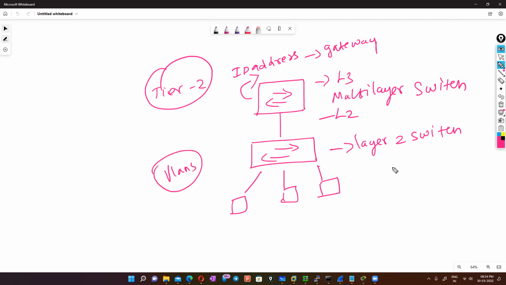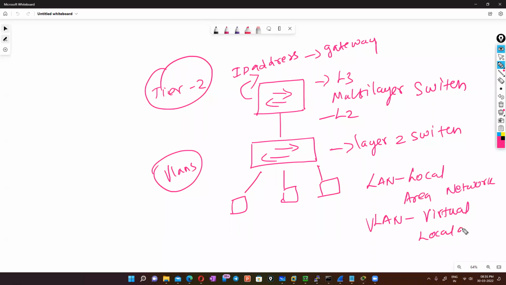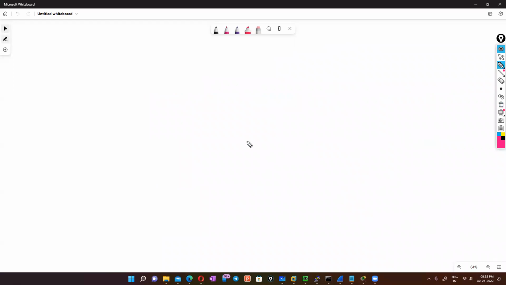I would like to give a little more information about VLANs. We all know LAN, local area network. But what is VLAN? It's virtual local area network. But just with the definition, I cannot understand what a virtual local area network is, right? So we'll jump in deep about what VLAN is. Say, for example,